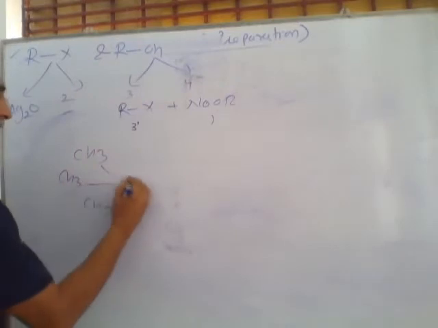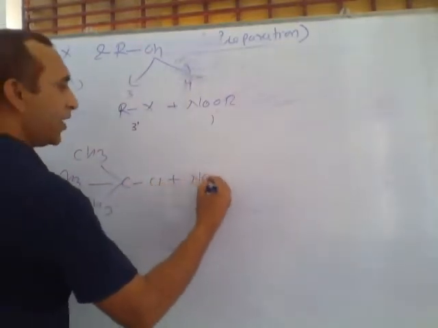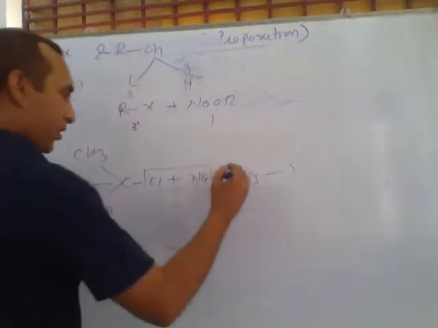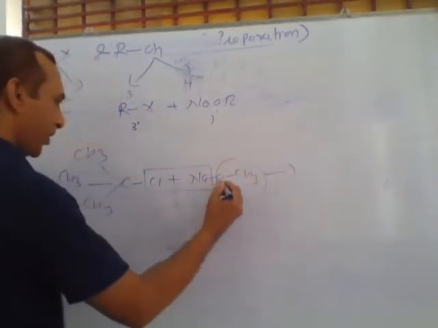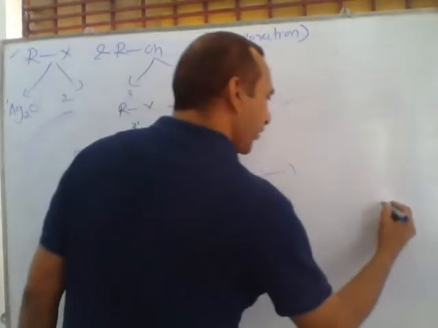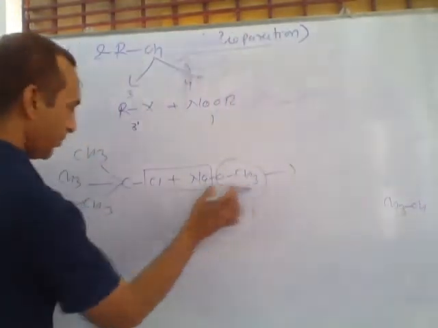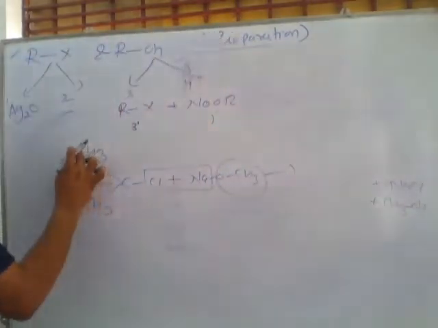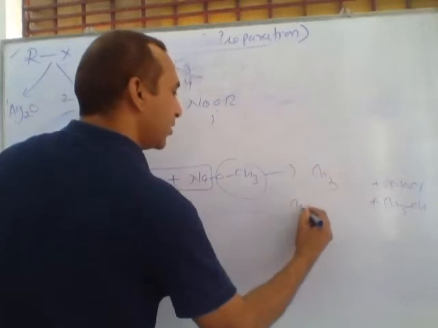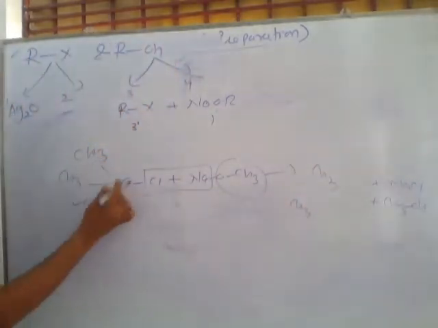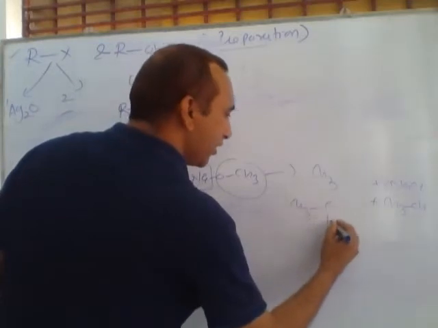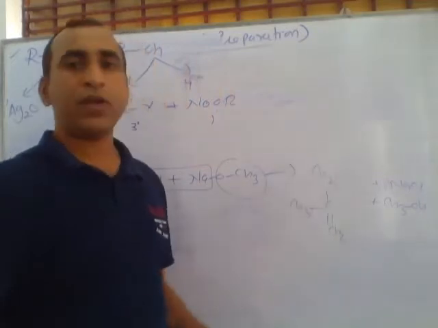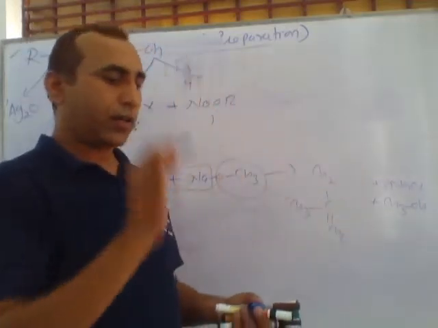This time we use CH3 groups with three beta carbons along with chlorine or bromine, and NaOCH3. On heating, NaCl is removed, but the methoxy group takes hydrogen from here and forms methyl alcohol along with NaCl. And what will form this time? Here CH3, CH3, these two CH3 are connected with a carbon, and this carbon forms CH2 with a double bond. This compound is called isobutene, otherwise 2-methylpropene. This is not an ether, and this reaction is not called the Williamson synthesis reaction.